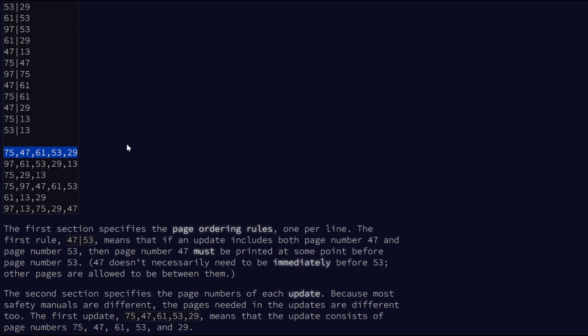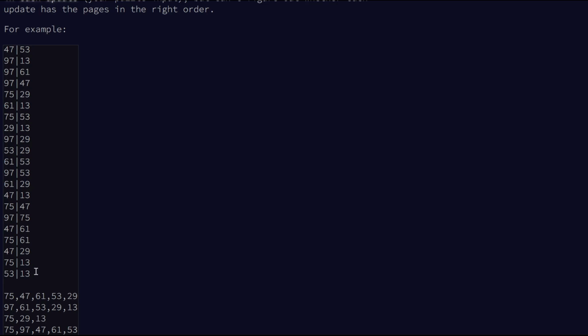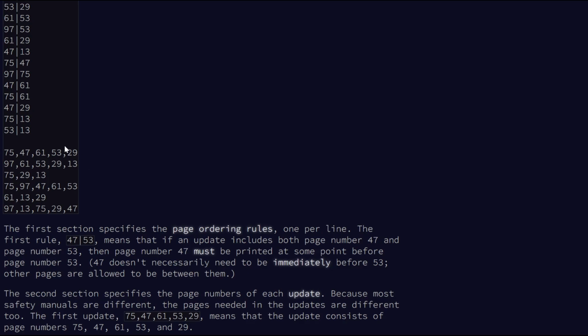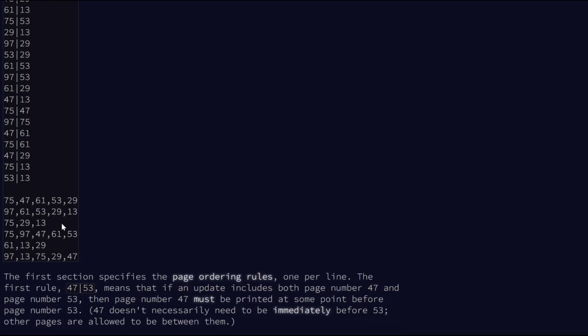So, to be clear, we could do part one. We could parse this into a list of rules, and then parse this into a list of updates. For each update, just look through every single rule and see if any of them are invalid, are being broken, right? But I want to understand better,